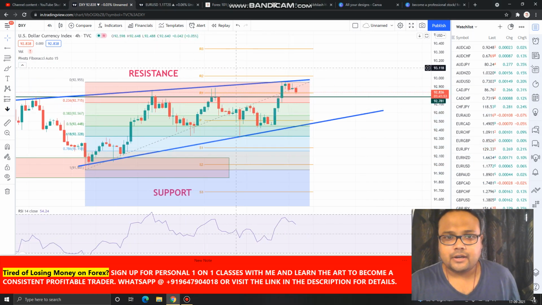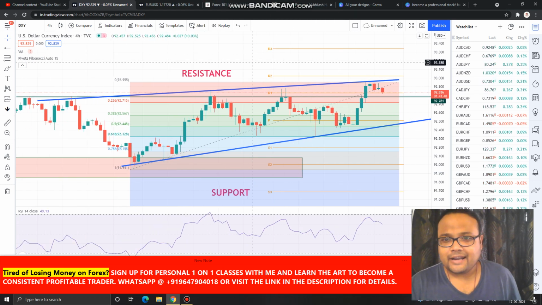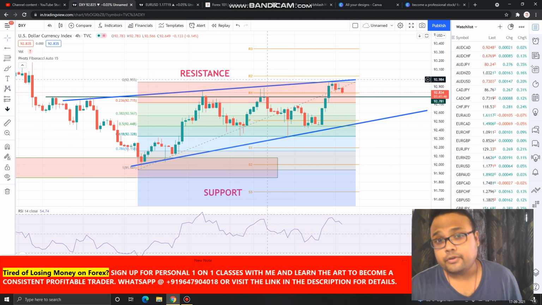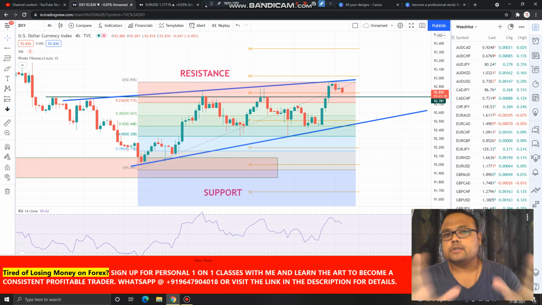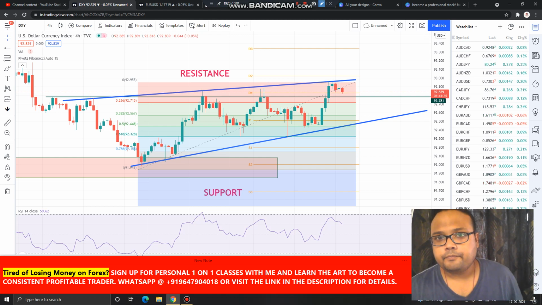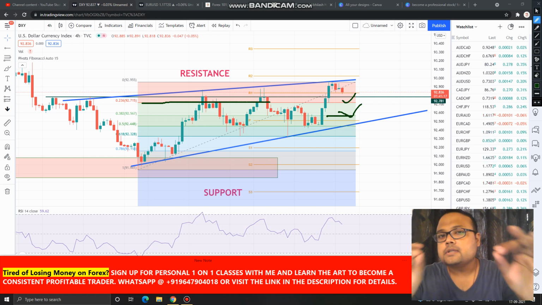levels here. Generally, I do not use Fibonacci much because I'm not a fan of Fibonacci levels, but here I have drawn them because the reversal of US dollar is very important if you want to trade on the chart of GBP USD, Euro USD, Gold USD. So in case the market starts coming down and reverses from here, then we will understand that the market has taken support at the 23.6 level, and in case the market takes support at the 38.2 level, then it will be reversing from here. So we need the reversal of US dollar.